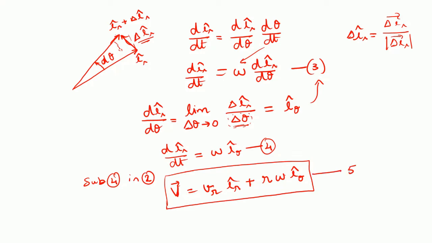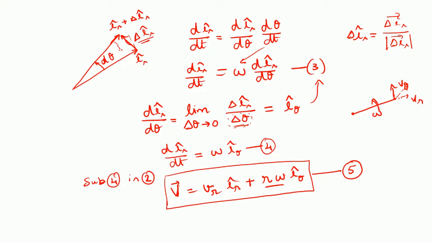So this, let it be phi. Here observe what this is. This is the tangential velocity. For example, if I have a string and I am rotating it with angular velocity omega, this R omega is the tangential velocity V theta. And if I release the string length, if I increase it, then I will have VR. So when the string length is increasing as well as rotating, its velocity will be somewhere in this direction. Okay. So this is the expression for velocity in the polar coordinate system.